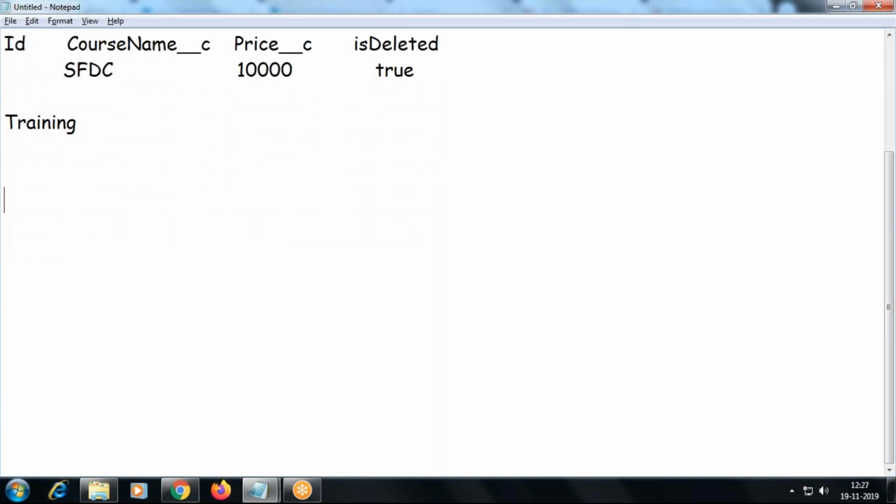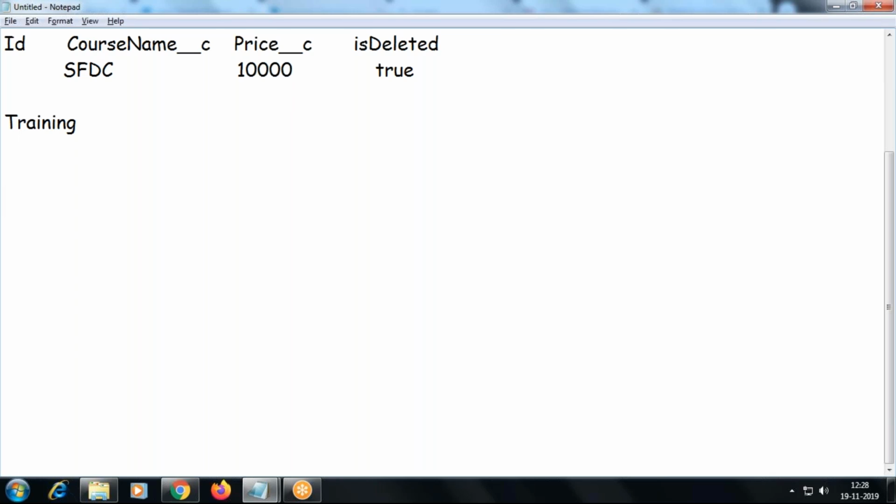For example, training is an object used to handle training activities of a course, right? So what type of information are you going to capture? Then we'll go for what type of data I can store. First, you have to understand the purpose of the application and what type of data we are going to store. Then we'll decide what type of data field I can create.